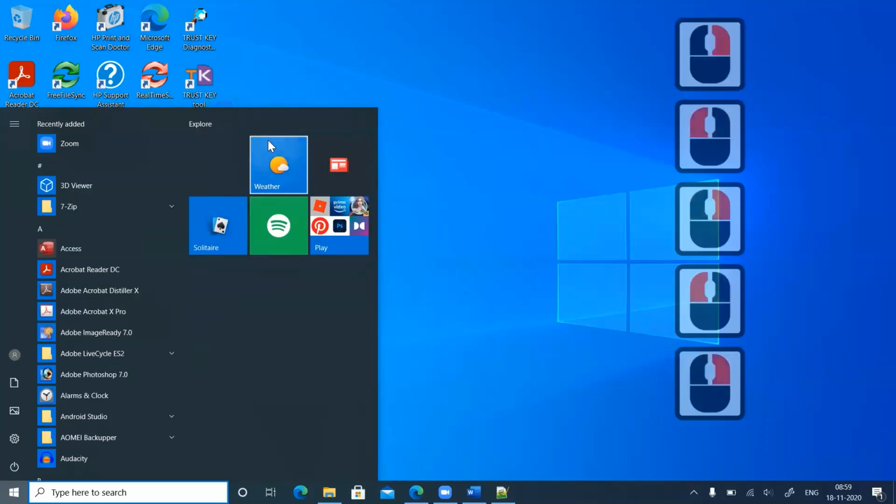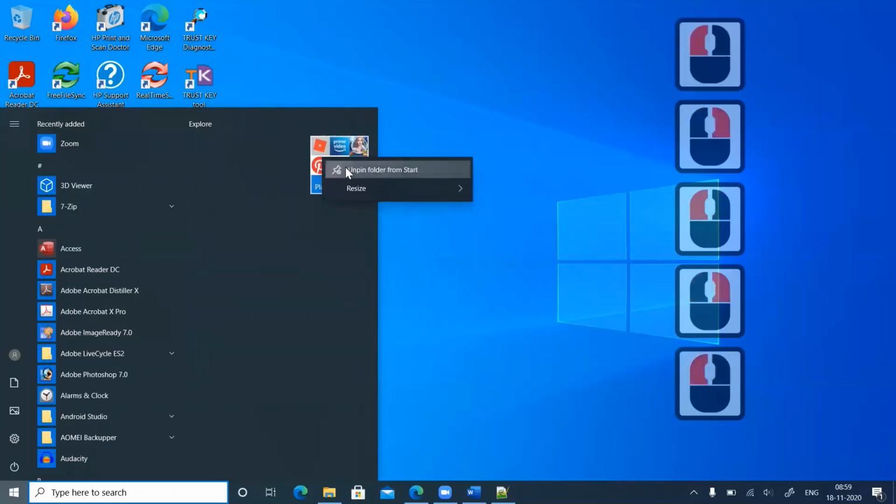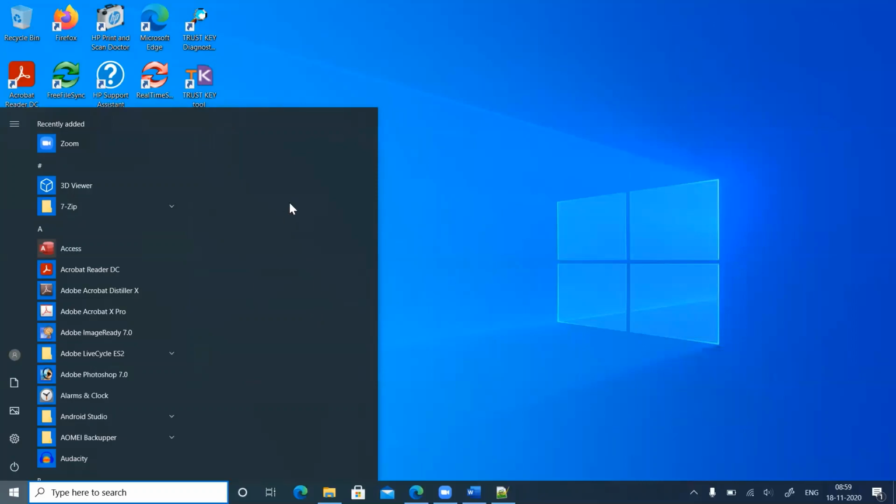Remember that I'm not uninstalling. I'm just removing these icons from my start view. These applications are still on my computer. I'm not removing them. And now this area is clean. There is nothing in it. So I need to populate it with something else. How do I do that? So let's say, for example, I want to put